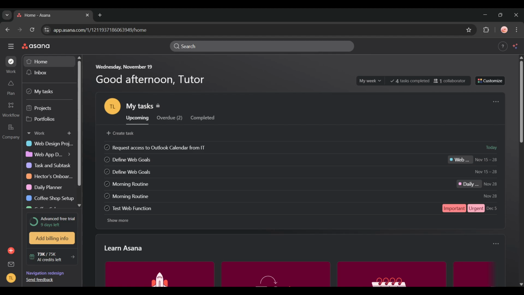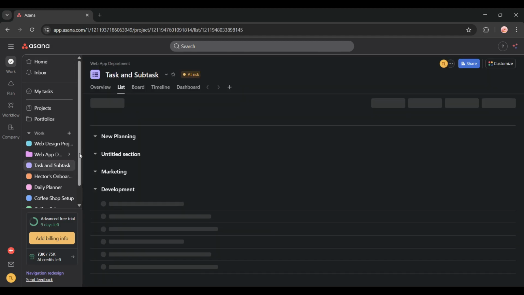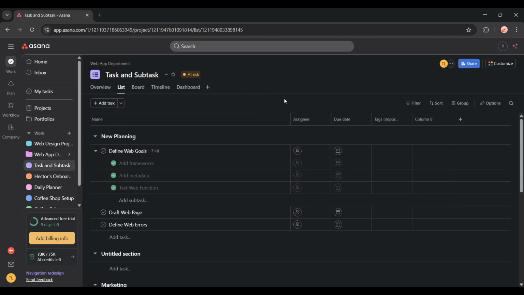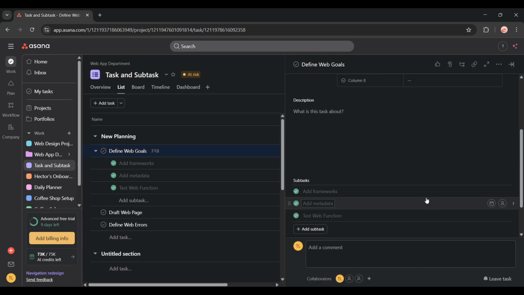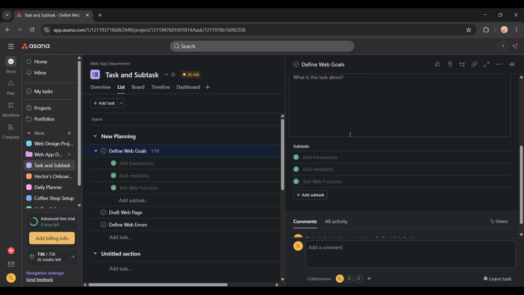First, go to Asana and open the project that contains the subtask you want to convert. Navigate through your workspace until you find the right project board where this task lives. Once you're there, find and click on the parent task to display its details and subtasks. This will open up a detailed view on the right side of your screen, showing you everything nested under that